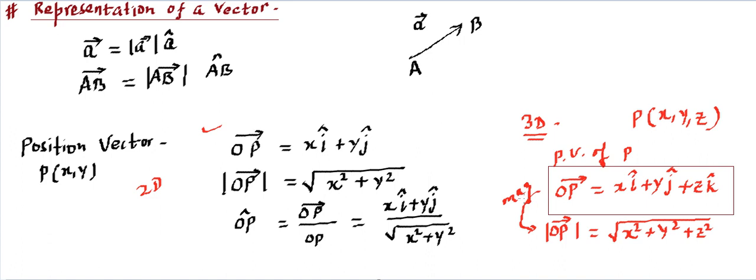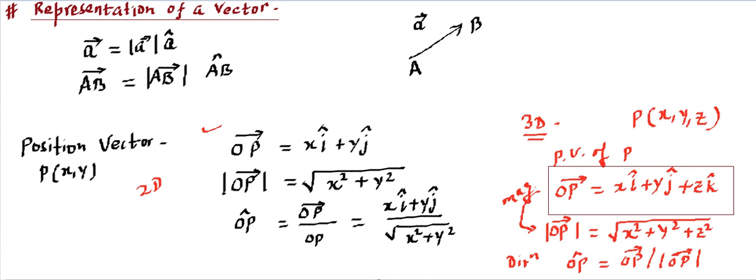So from vector we can calculate the magnitude. Also we can calculate the direction. So for direction, what we need to do, we will say OP cap is going to be equal to OP vector divided by its magnitude. So whatever the magnitude we have calculated, this is going to be a number. OP vector is given over here, we can divide this magnitude with this vector. This will become the direction of that three-dimensional vector.